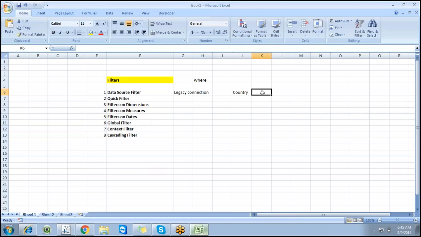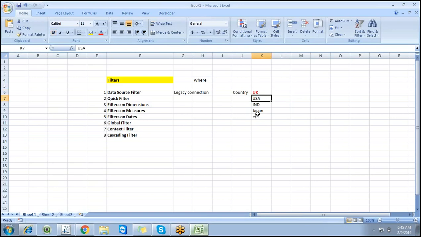But now we have lots of countries, like UK, USA, India and Japan. But I want to make a report of only UK related information. So for this particular project, my project is running on only UK related information.